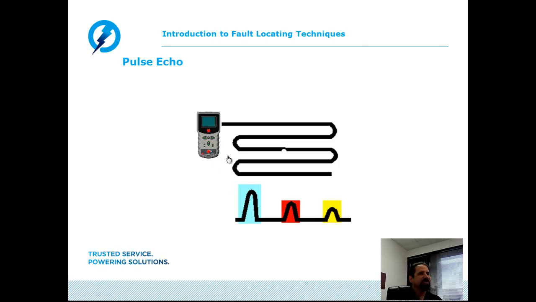We have a graphical display, much like an oscilloscope, which will actually show these events. It will show the launch pulse, or the energy being transmitted onto the cable, and it will show any reflections that have occurred along the transmission path. To demonstrate, we see the blue pulse representing the energy leaving the time domain reflectometer, or pulse echo, and then we have the red and the yellow pulses, which represent reflections caused by changes within the impedance structure of